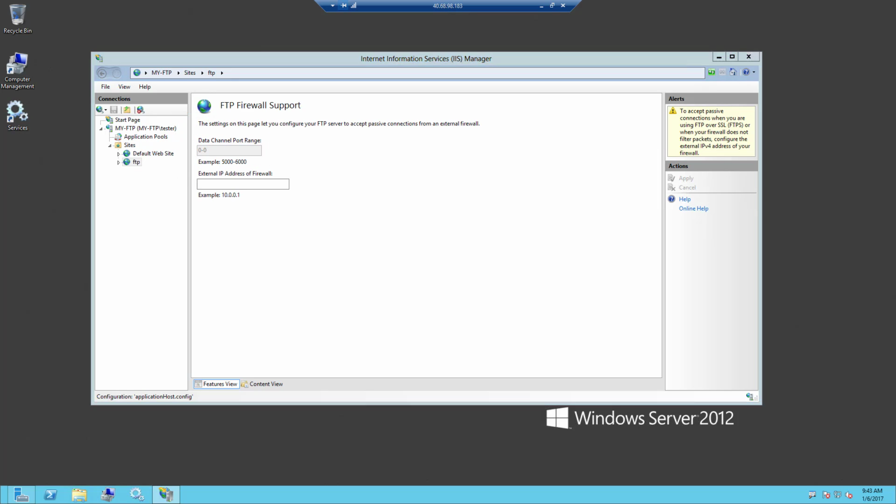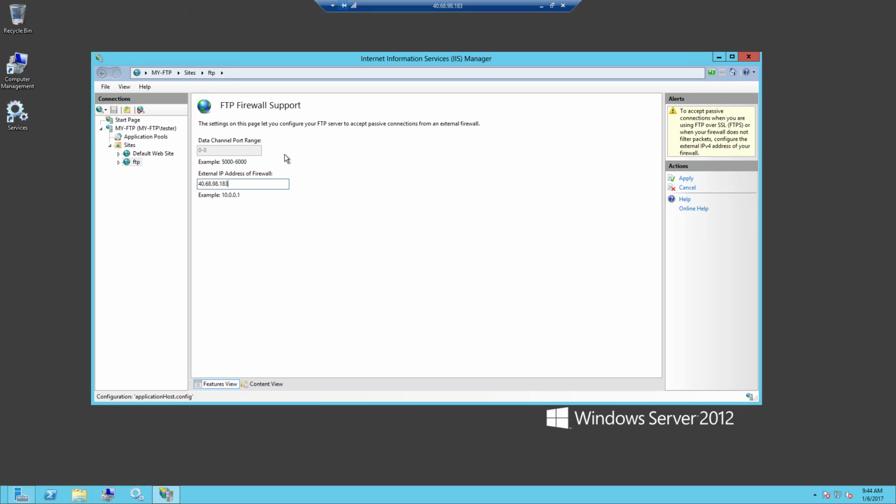What we see here at the top is the data channel port range configuration and the external IP address configuration. Now I think the external IP address is pretty self-explanatory. Basically, here we need to type in the public address of our virtual machine, and we can get the IP address from the portal, or since we are now using a remote desktop connection, the IP address is actually displayed on the top. So just fill the IP address in,